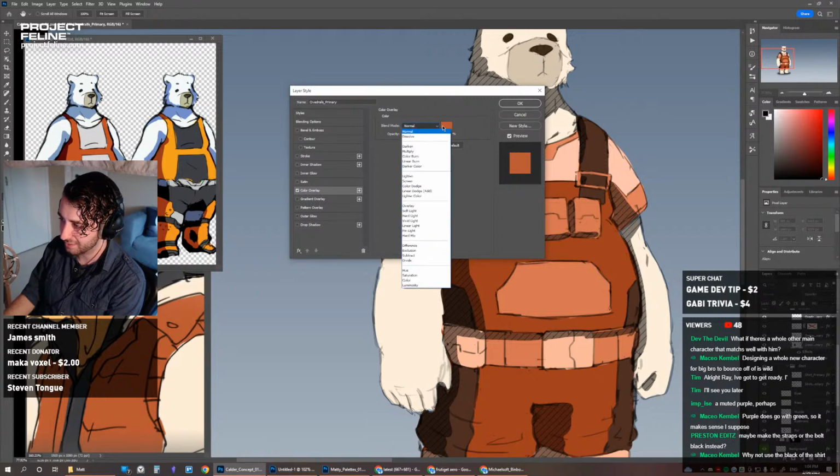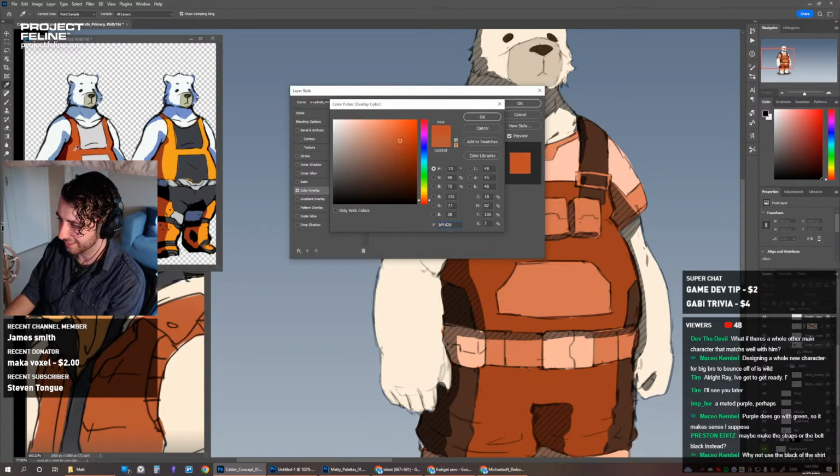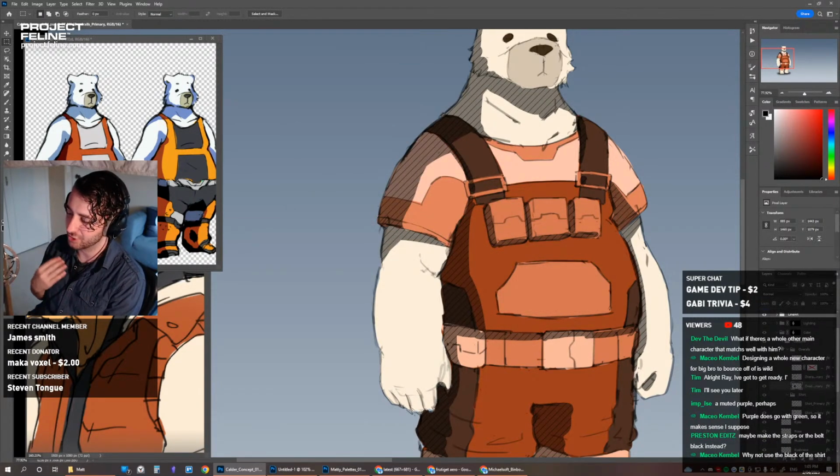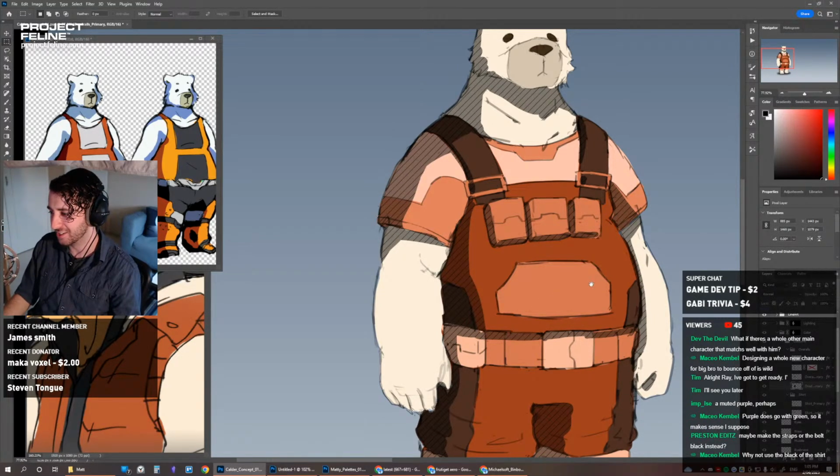Why not use black? Well, we tried that and I didn't like it. It was too dark. It kind of throws off, because then you have to make the straps white, and having the white straps with white fur it's challenging to look at from a distance. Something just doesn't look right.